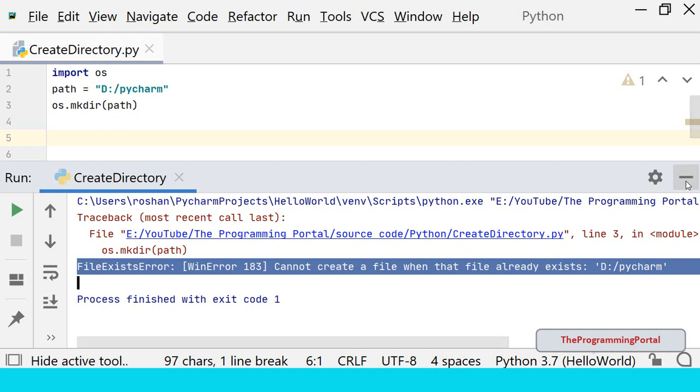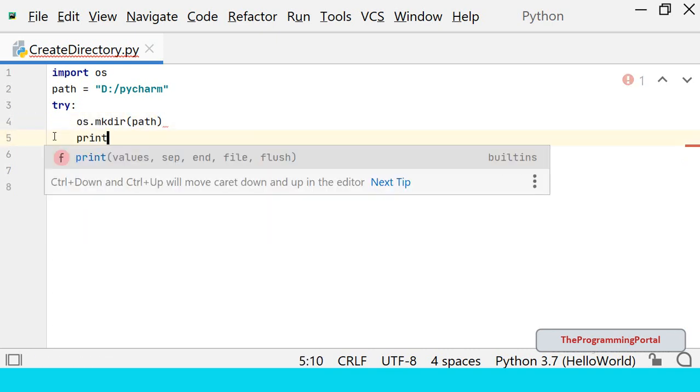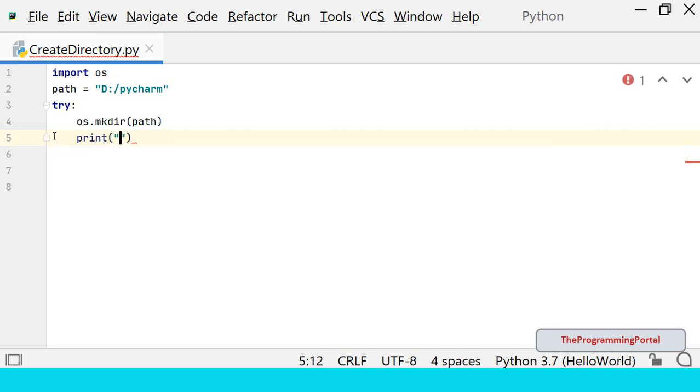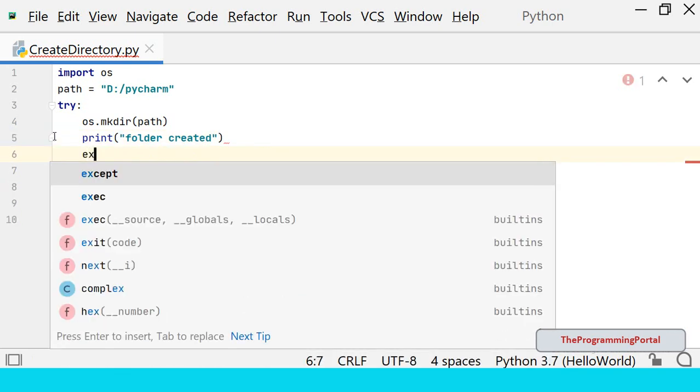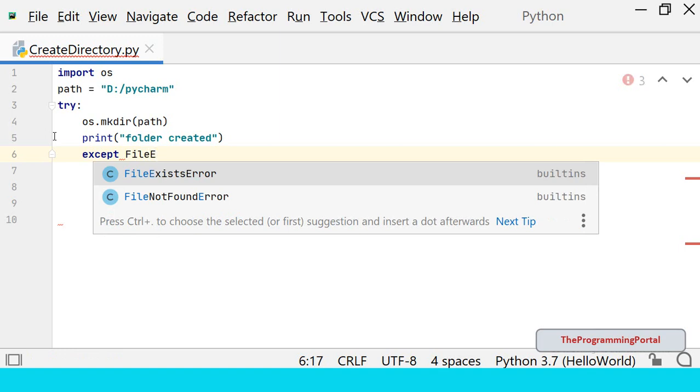So in this method, I am going to use try catch block. So I can write try. I can specify the code. And I can just print some message also. Folder created. And we can write except FileExistsError.